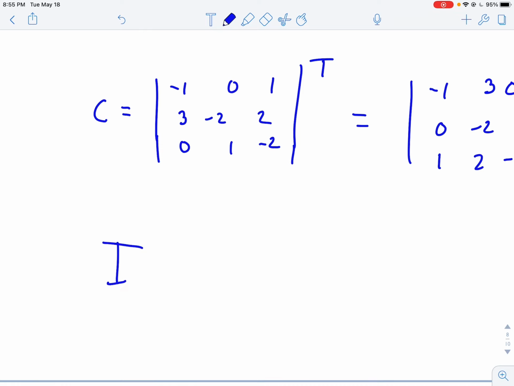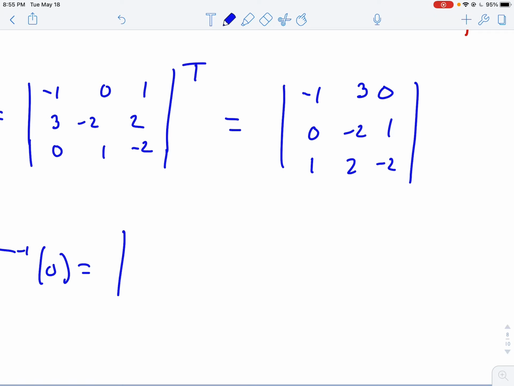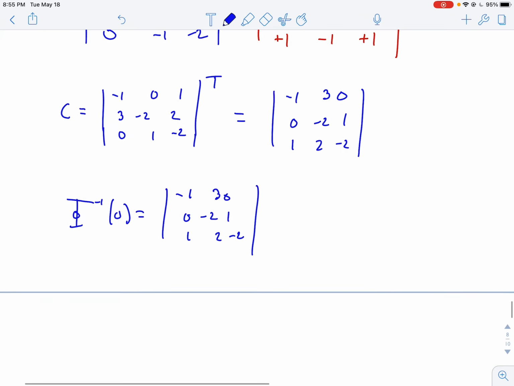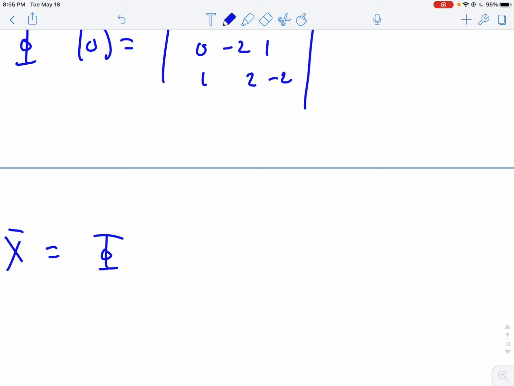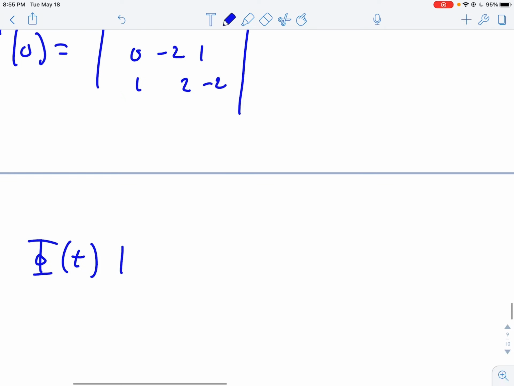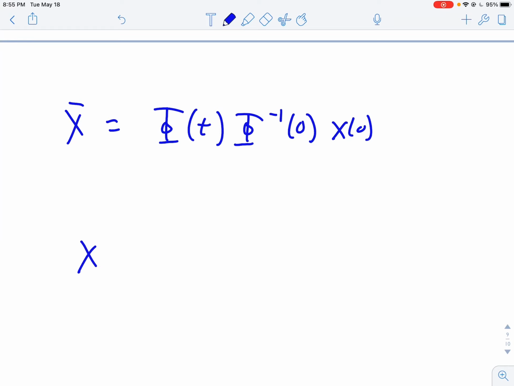So now we can write that the final inverse matrix evaluated at 0 is -1, 3, 0, 0, -2, 1, 1, 2, -2. And now we can write our final solution that satisfies our initial conditions, which is given by the form: the fundamental matrix of t times the inverse fundamental matrix evaluated at 0 times our initial condition, which in our case will be